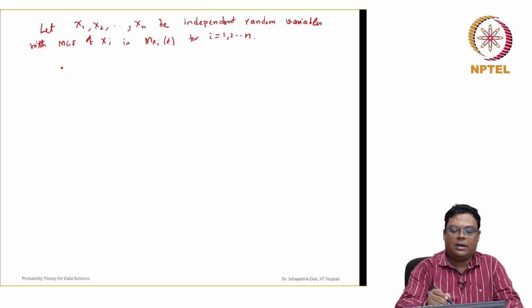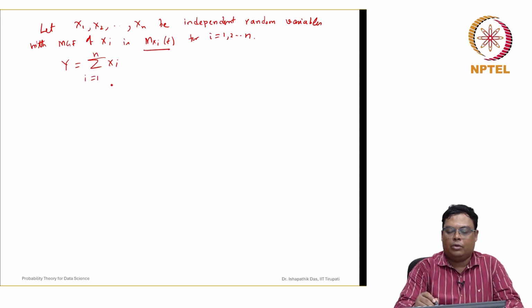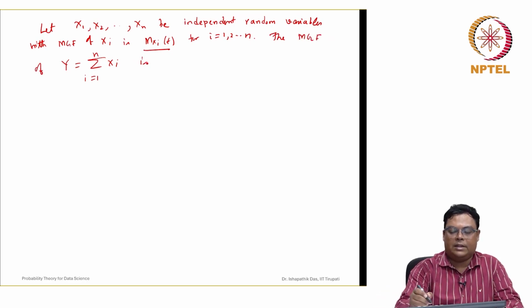Find the moment generating function of Y = summation of Xi. We have to find the moment generating function of Y. Suppose these are all known. So the moment generating function of Y, by definition, M_Y(t), is nothing but the expected value of e to the power of tY,